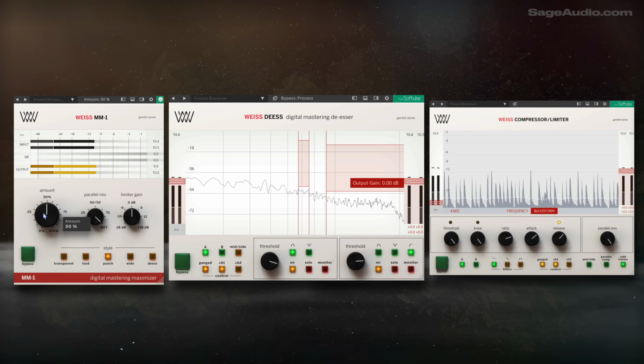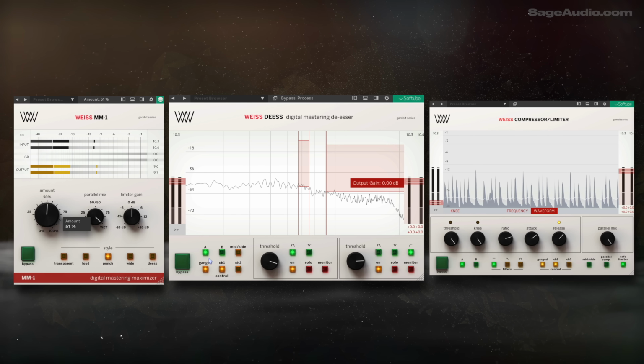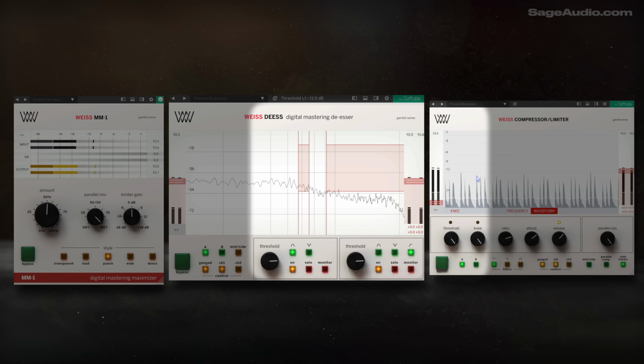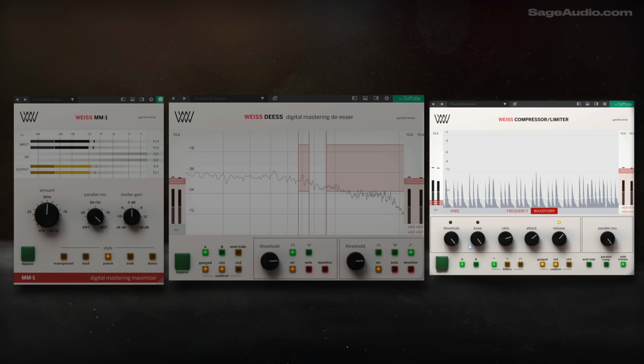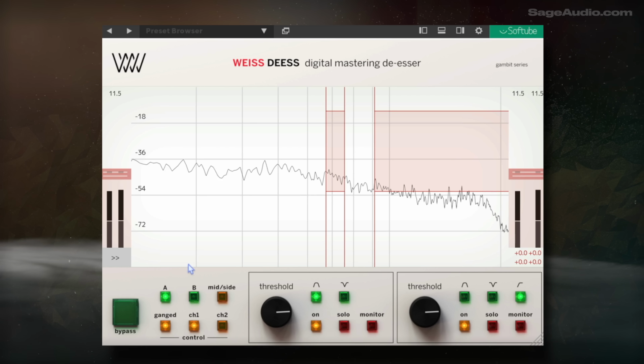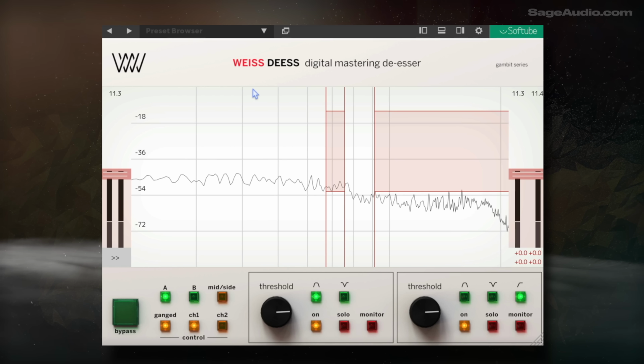Lastly, the purchase of the compressor comes with additional units that are based on the compressor. These include the maximizer, de-esser, and limiter, all of which use the processing of the Mark III, just with a stripped-down user interface. I find the de-esser to be one of the best sounding, if not the best sounding ways